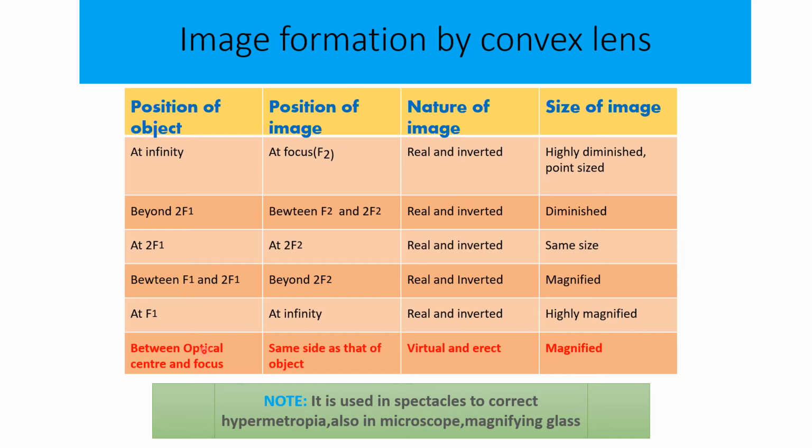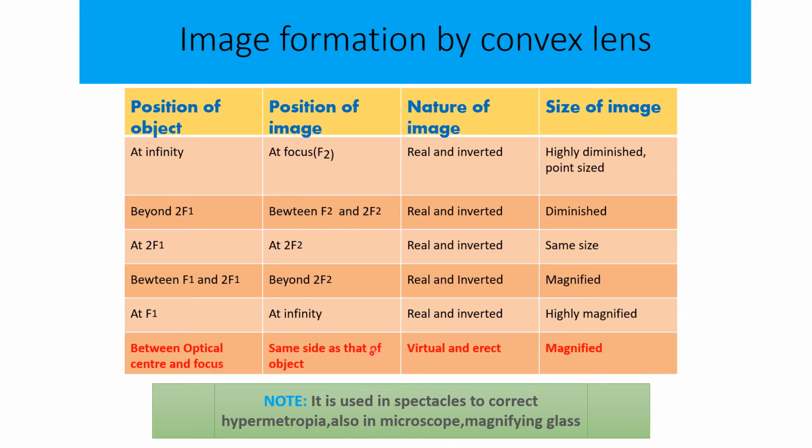What is the position? It can be anywhere on the principal axis. There is no restriction. So restriction is it between the object position, that is between the optical center and focus. Image can be anywhere, but is going to be on the same side. In the last five cases, the image was forming on the other side. If you can see, object one side, image other side. But this is the only case where the position of the image is going to be on the same side as that of the object, right?